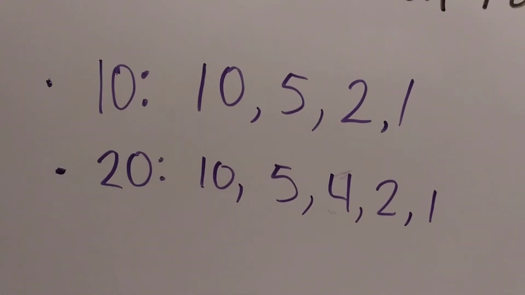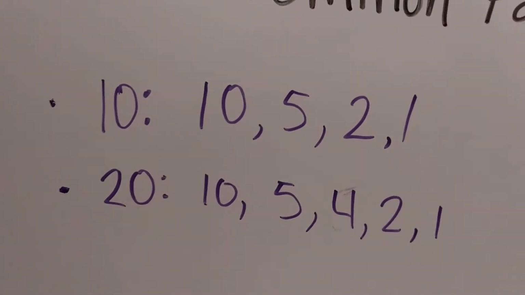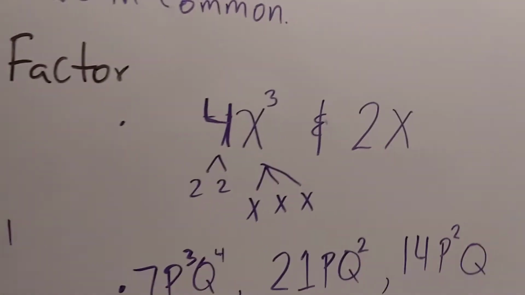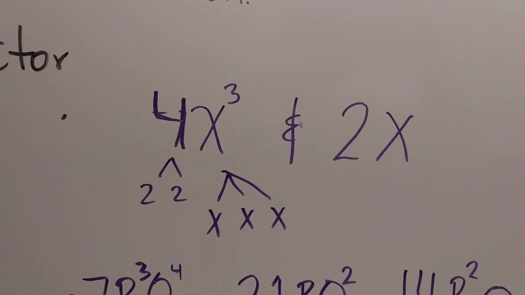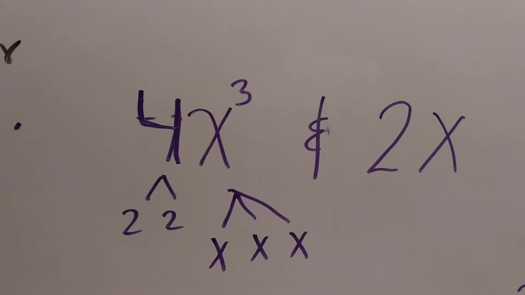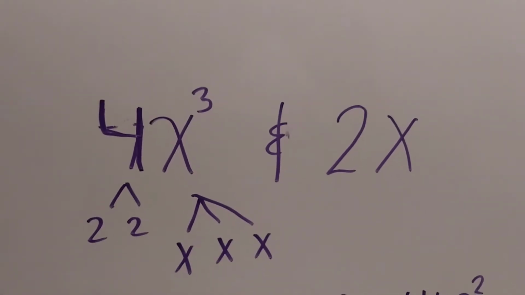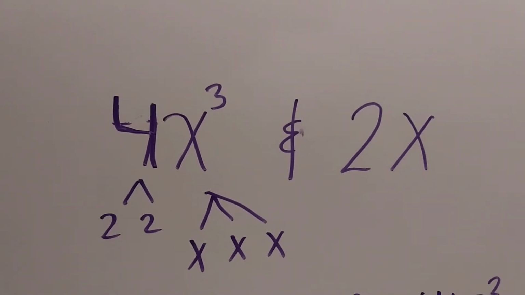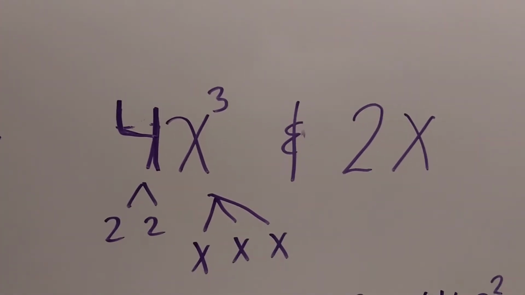So how do we apply that to the monomials and the trinomials and all of those funny nomials that we're going to be dealing with? An example that I like to tell people is that the least number of variables of the same type is what's going to limit what you can factor or extract from that particular grouping. So if we look at the greatest common factor between 4x to the third and 2x,